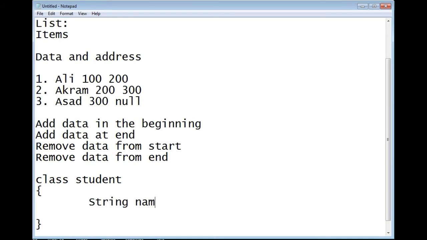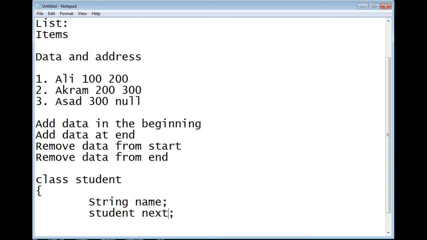For example, we make a Student class for student data. It will contain the data part. For example, this is a string, the student has a name, and it will point to itself.